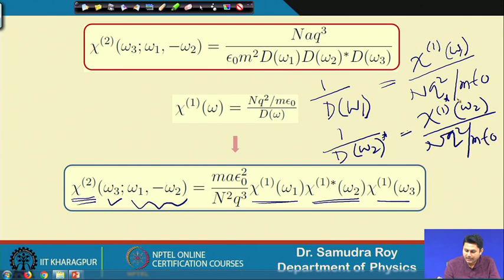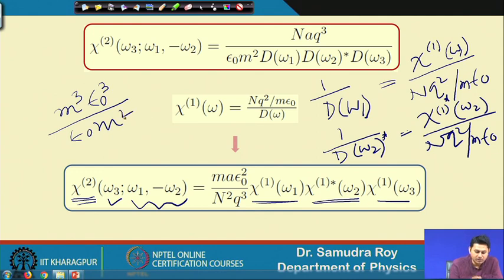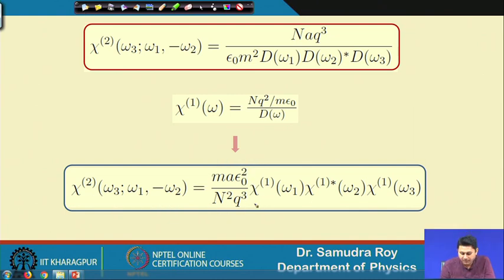Also, m ε0 and m ε0 terms will be there. So, we will have m², and in the numerator one term m³ ε0³, but from here we can see in the numerator we have another ε0 m² term. So, eventually we have the ε0² and m term in the numerator, which is here and here. A is already there. So, this is the term which we can calculate very easily, and the rest of the term is simply the